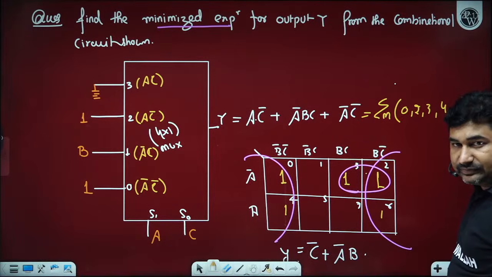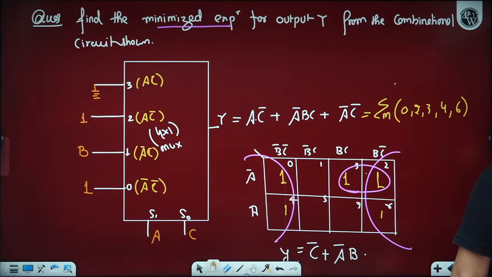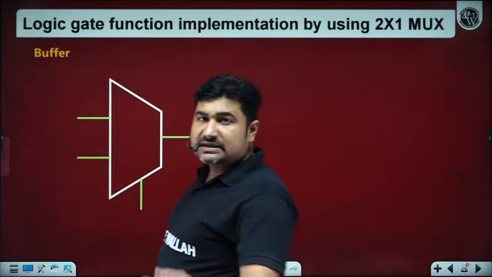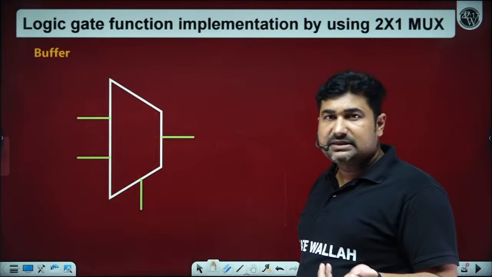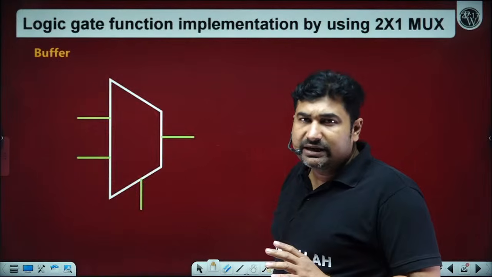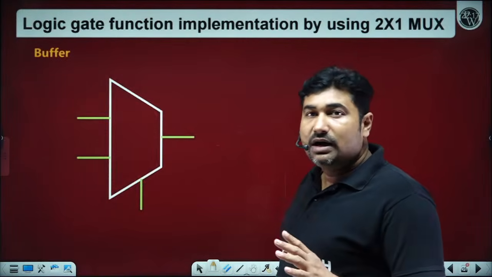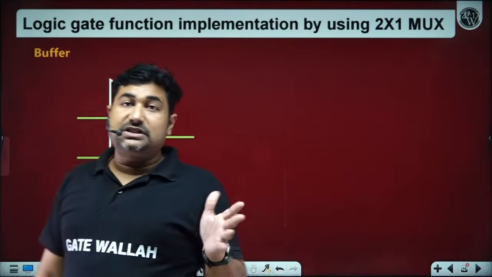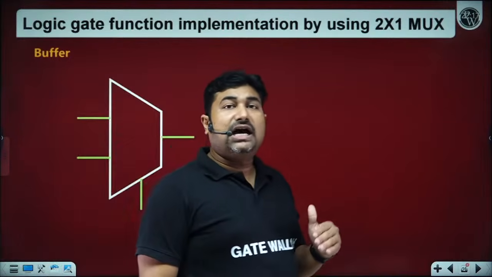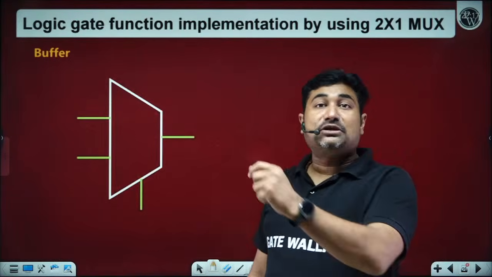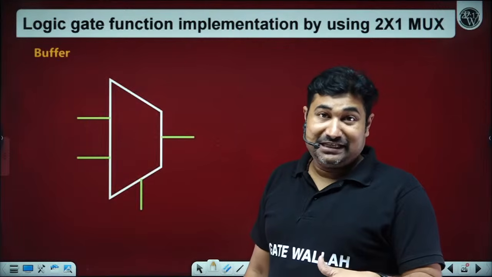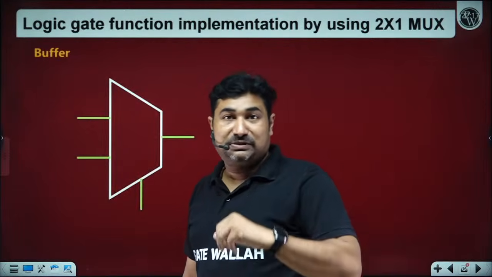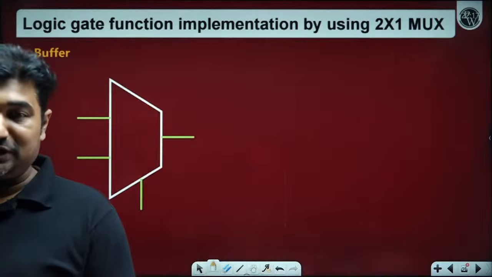Great. So now we know how to represent any function from the multiplexer. Multiplexer is a universal logic circuit. What does it mean? It means any function can be implemented by using a multiplexer. It means all the logic gates can be implemented by using a multiplexer. Let's try to identify how to implement logic gates. This will also give us information about selection of the correct size of the multiplexer, which is most important. We can choose any size, but which size will be the best size to implement our function.